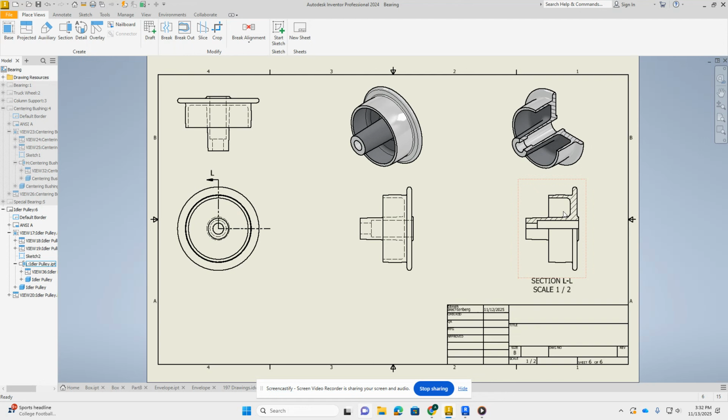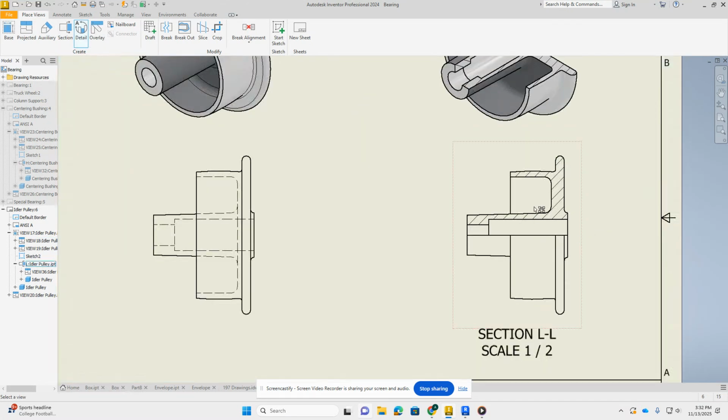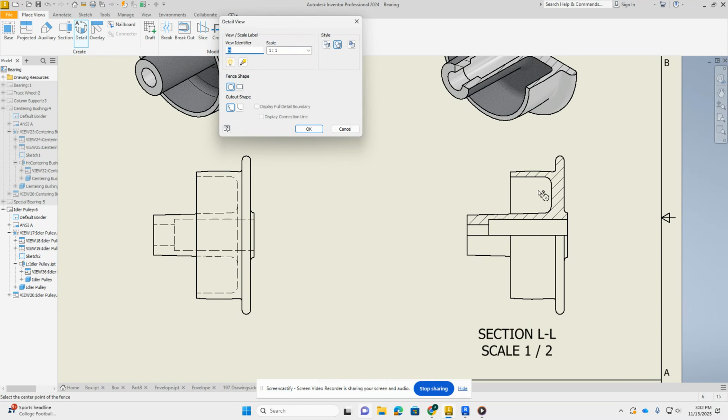And to do that, we only need to do it on the idler pulley. So go to detail, we zoom into this view, and basically where I want the center of my zoom to be is where I'm going to click my mouse first. So I'm just going to click here, I'm going to click once more, and I'm going to move outward. And basically I want it to encircle everything that I want to be in that view. So something like this, I'm going to click,